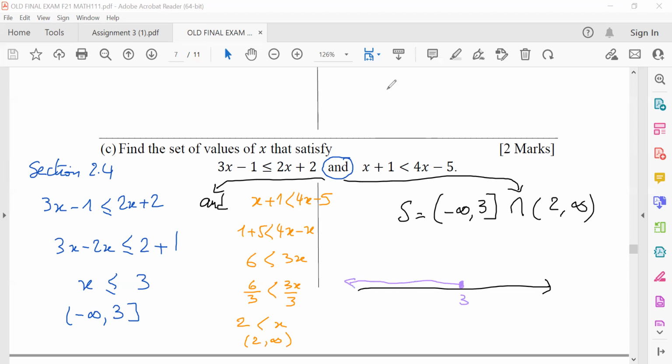The second one, 2 open to infinity. Where we have both colors in this area, the solution is 2 open, 3 closed, and we are